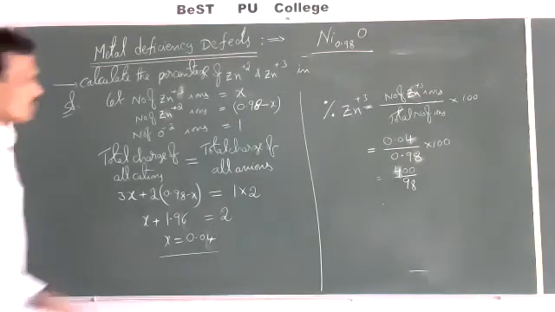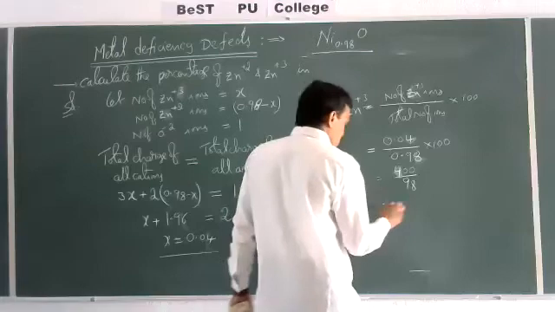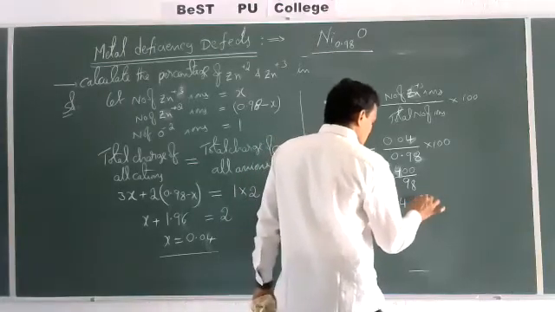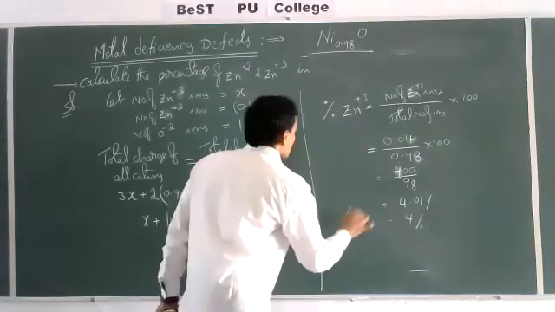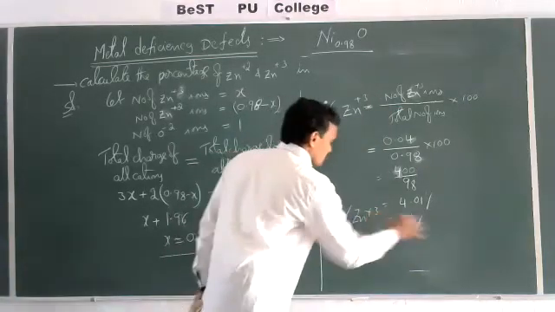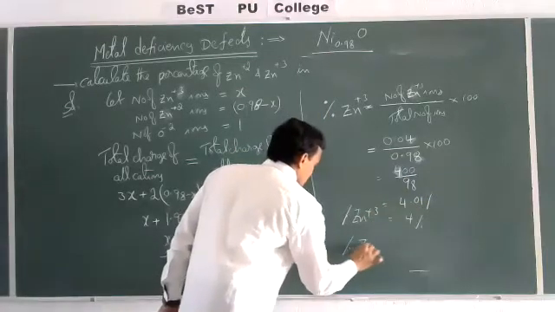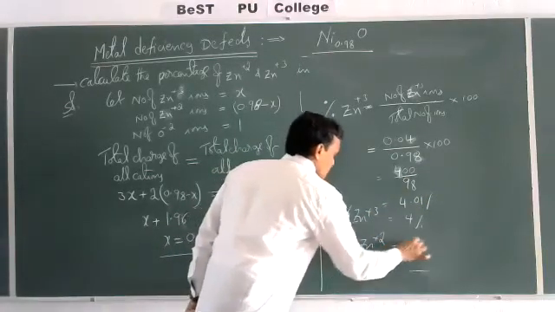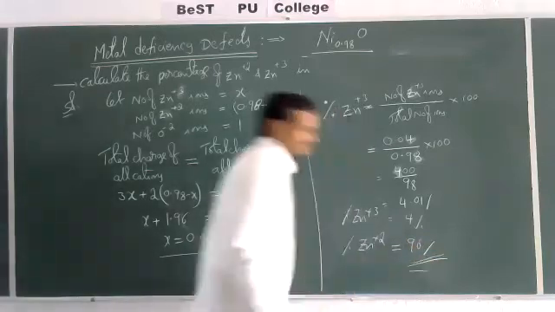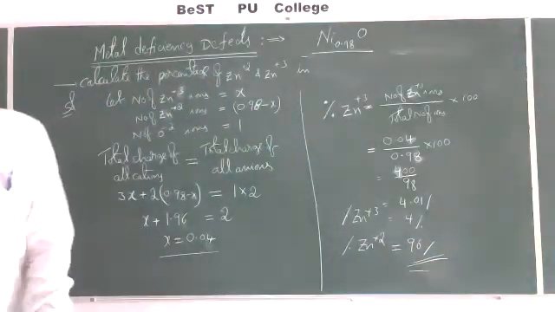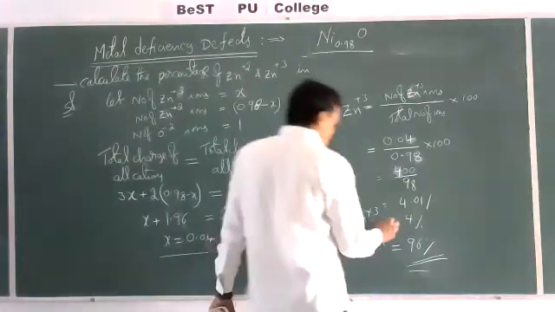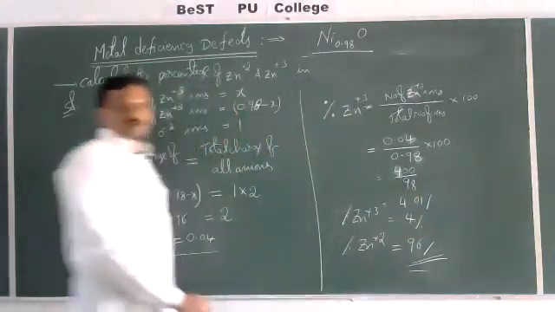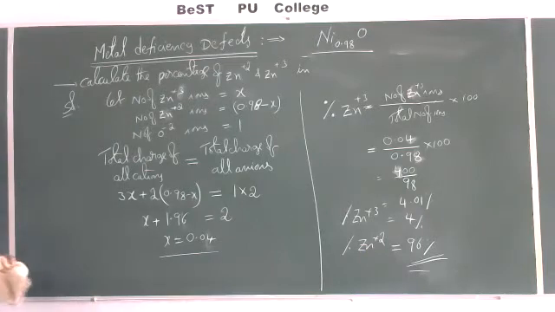So you can get 4.01%, which we'll take as approximately 4%. So the percentage of Zn plus 3 is equal to 4%, and then the percentage of Zn plus 2 is equal to 96%. Like this, any problem we'll solve in the same manner. So here we got Zn plus 3 as 4% and Zn plus 2 as 96%. Like this, we'll solve any problem.